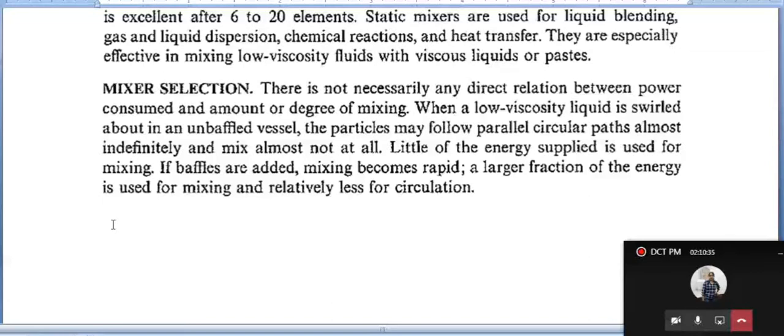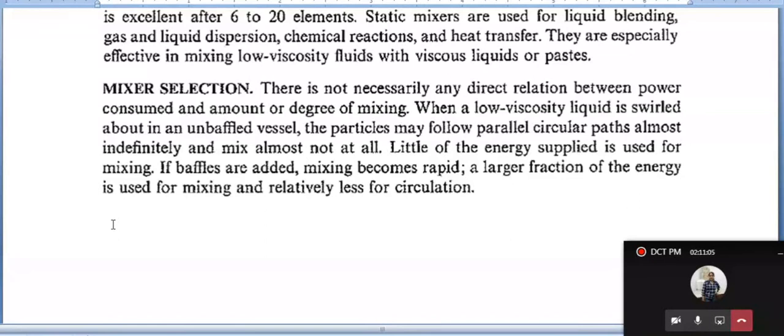Yesterday I explained this point to you. Hence, there is no direct relationship between the amount of power required for the given mixture and the established results. We have to conduct our own experiment in the laboratory, and then empirically, only after conducting the experiments, decide. For example, you brought one mixer and kept a 1 HP motor, but the mixing time is very large.